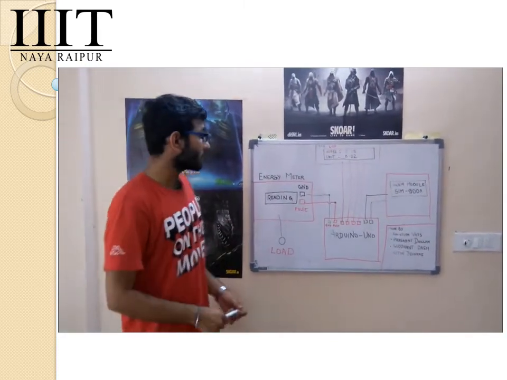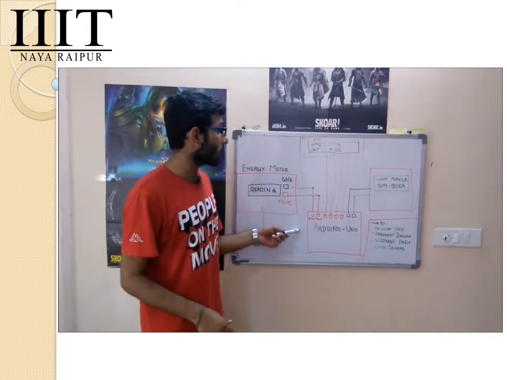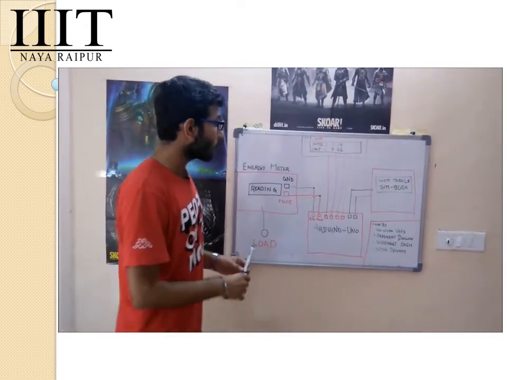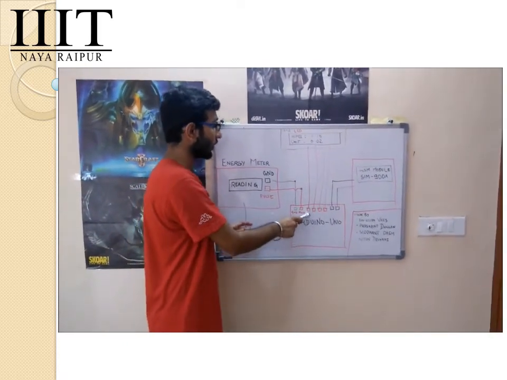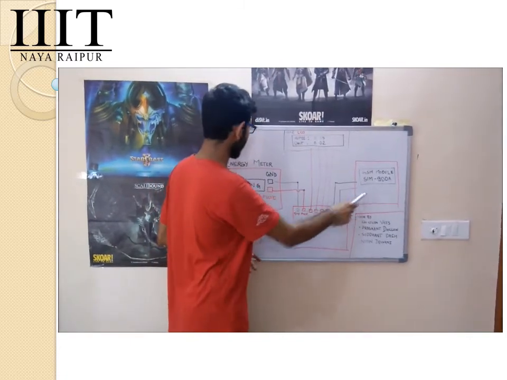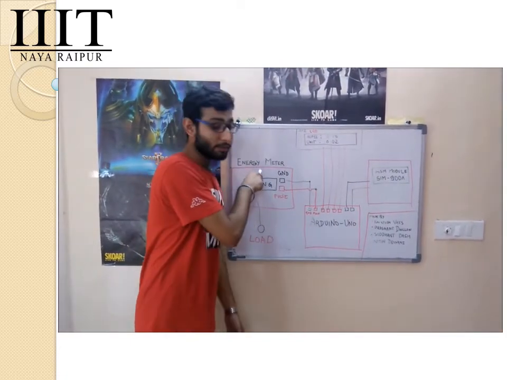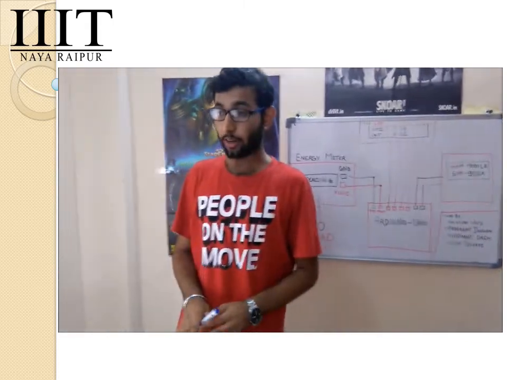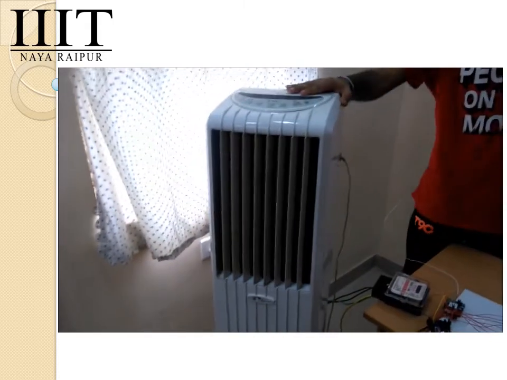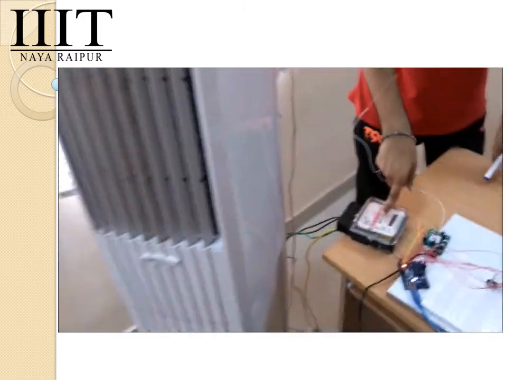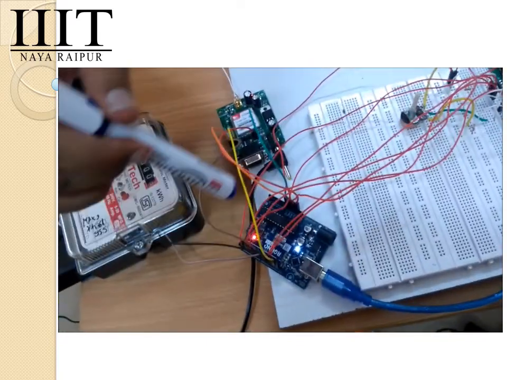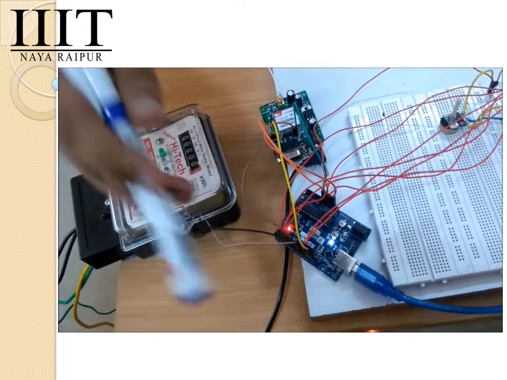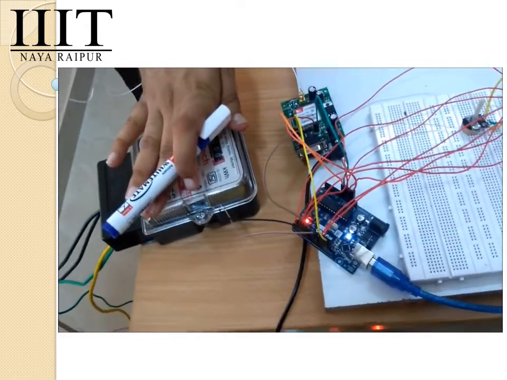Hi everyone. As Prashant showed you before, the block diagram of energy meter reading over messaging. Now I am going to explain it in more detail, and I am going to show you the interfacing of Arduino with LCD, Arduino with GSM module, and Arduino with energy meter. Now we will come to the block diagram. First, we have taken the load from the cooler. This load goes to the energy meter, where the calibration will show the amount of pulses. These pulses are connected to the 9th pin of Arduino. This ends the interfacing of the energy meter reading.